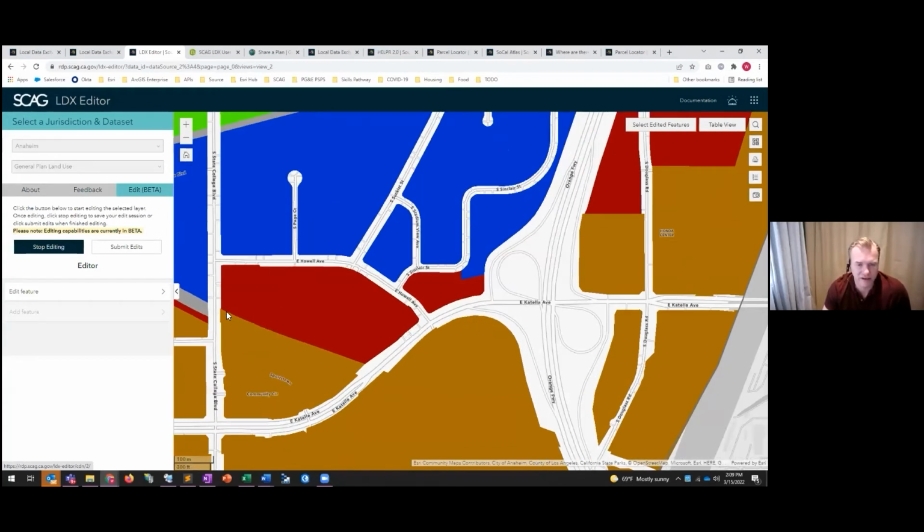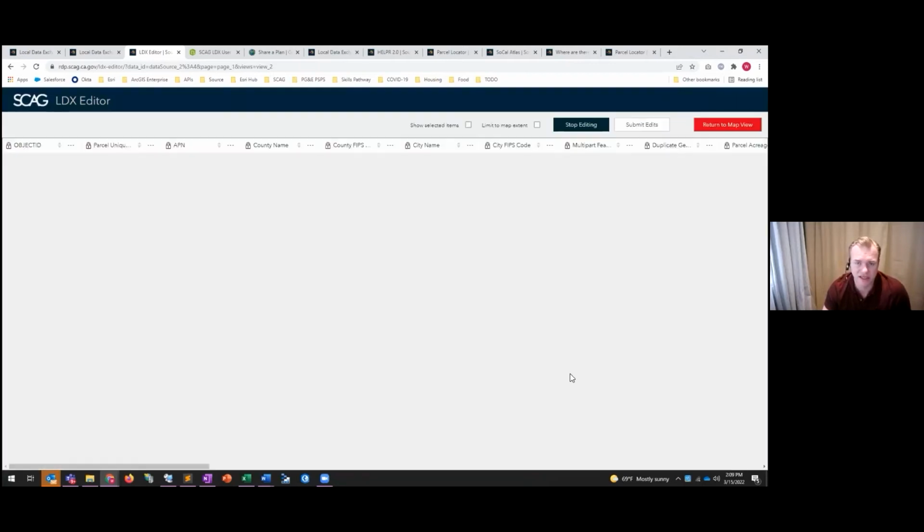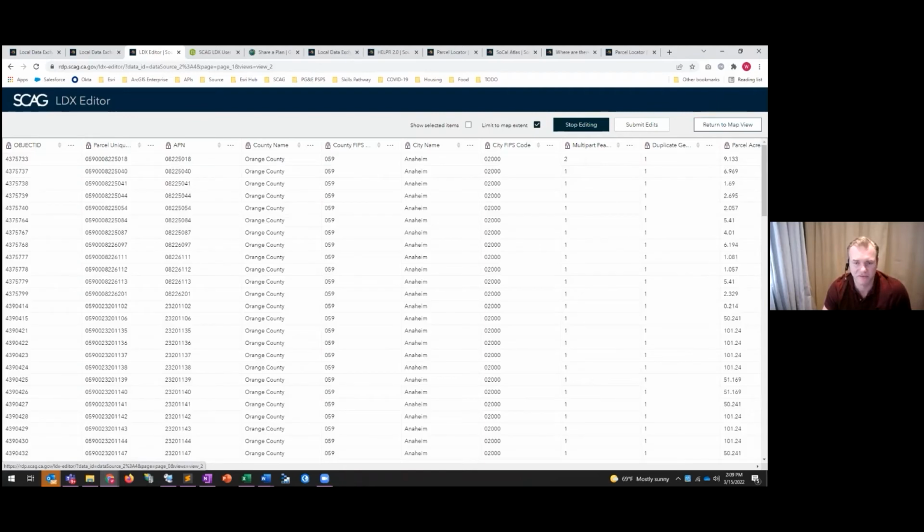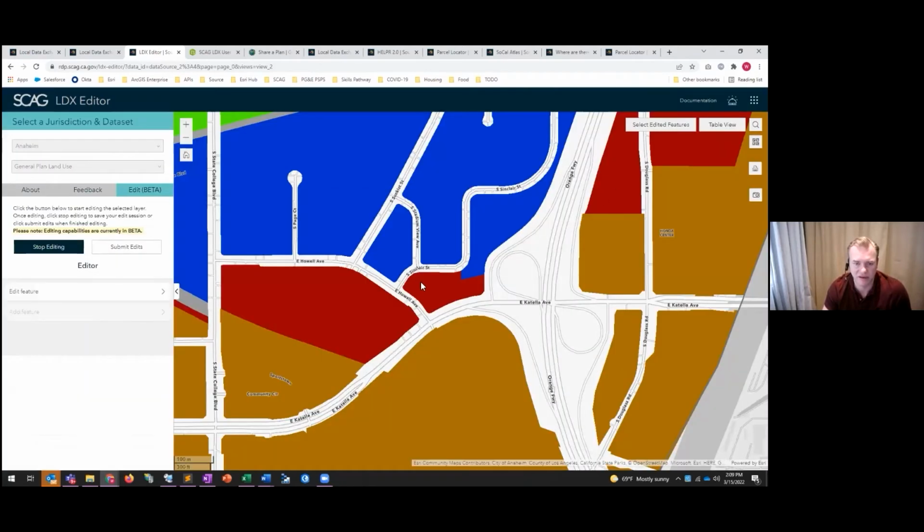Zoom in a little bit here. I'll note that I can edit through the map. I can also switch to table view. And so I can choose to limit things to my current map extent. So let me switch back. So for example, if I continue to zoom in,